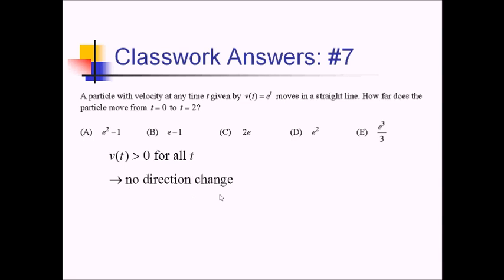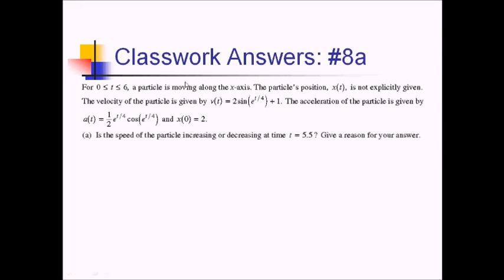So we just need the integral from 0 to 2 of v of t dt. So that's the antiderivative of e to the t, which is also e to the t, evaluated from 0 to 2. So this is going to be e squared minus e to the 0, or e squared minus 1, which gives us choice A. For this problem, we have a particle moving along the x-axis with a position that they're